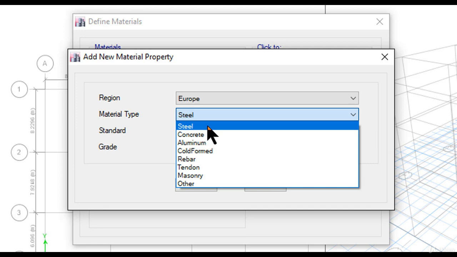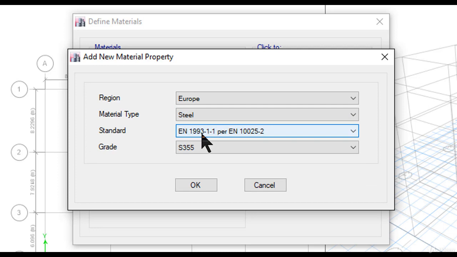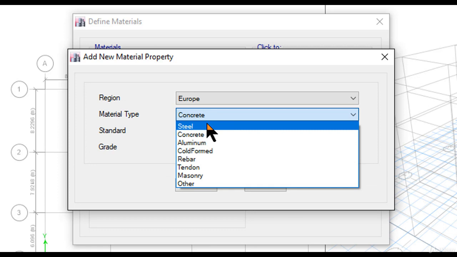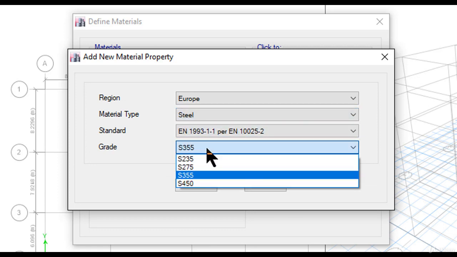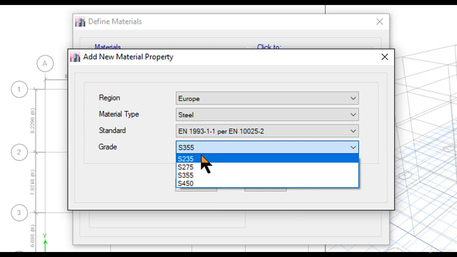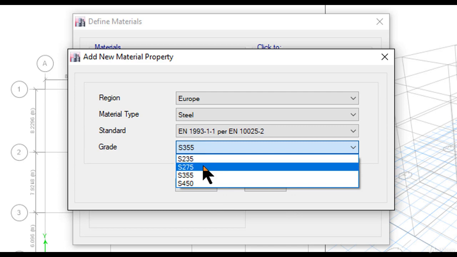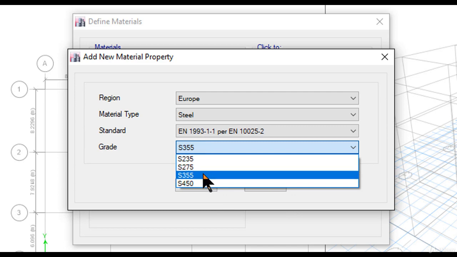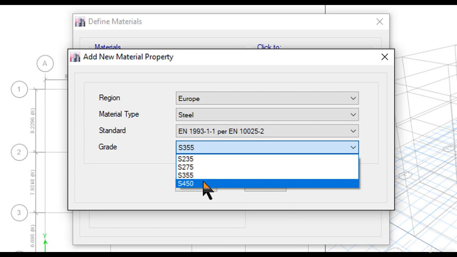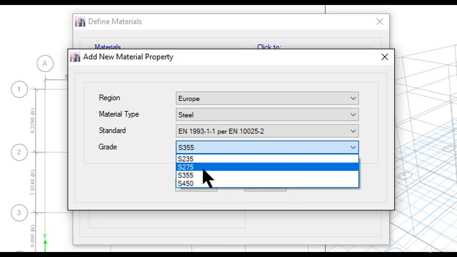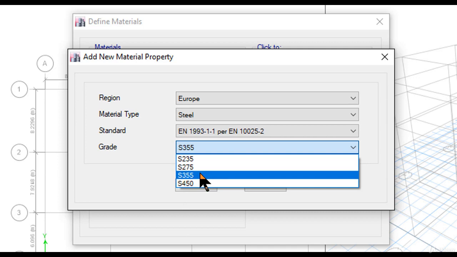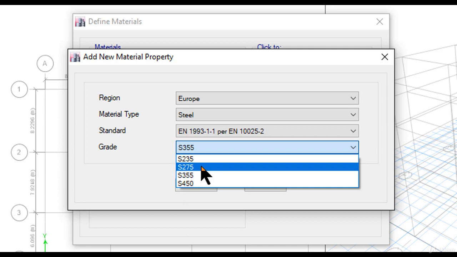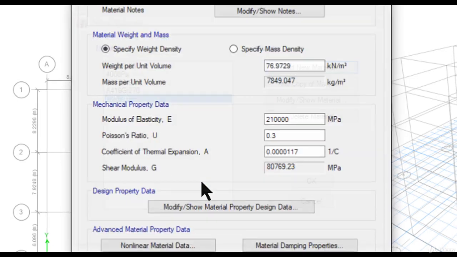As an example, we enter steel here, that is EC3. For concrete, it is EC2. For steel, it is EC3. There are 4 types of materials defined by EN 1993, that is EC3. Number 1 is S235, second is S275, third is S355, and fourth is S450. Although most of the time the steel section property that is used is either S275 or S355. As an example, we enter S275, we left click on OK option.